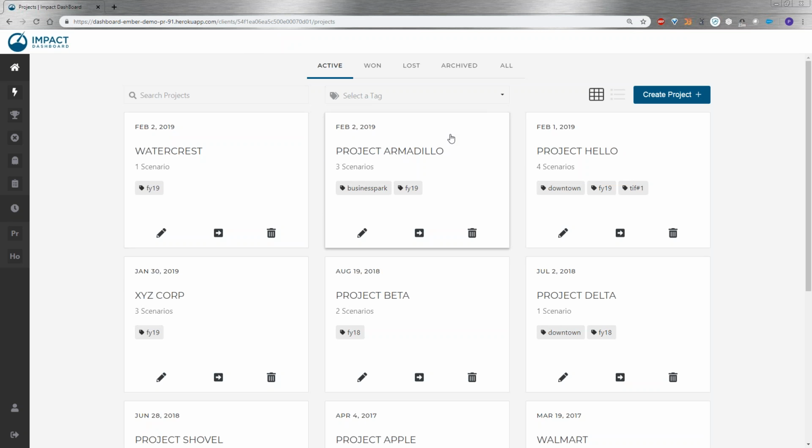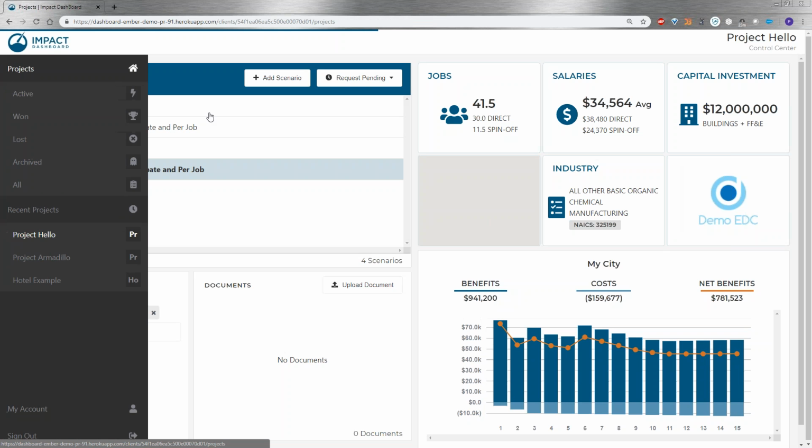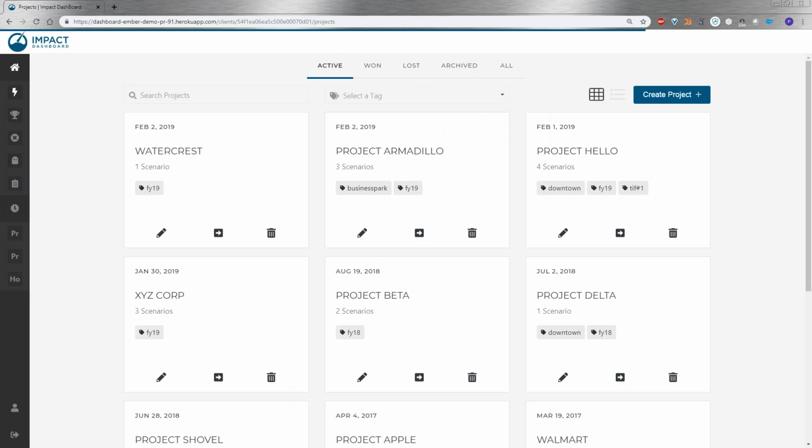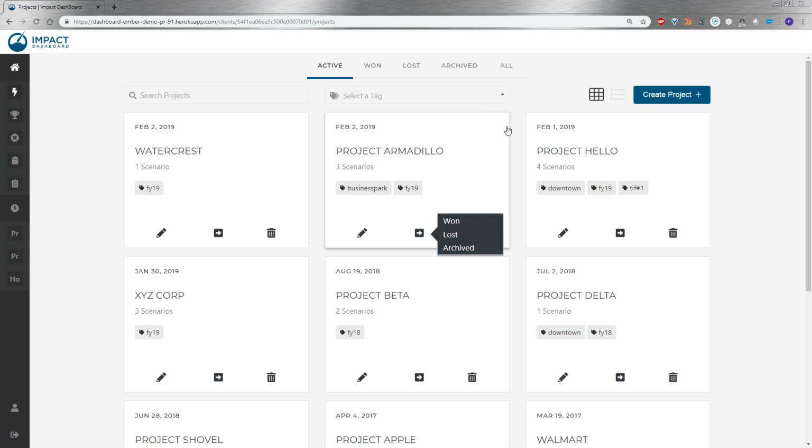All right, so we've got these tiles that represent projects. We can rename the projects if we need to. We can also move projects from category to category. So if we wanted to, say, move Project Armadillo to one of the other categories, we'd be able to choose one, lost, or archive. And then if you no longer need a project at all, you can hit delete here